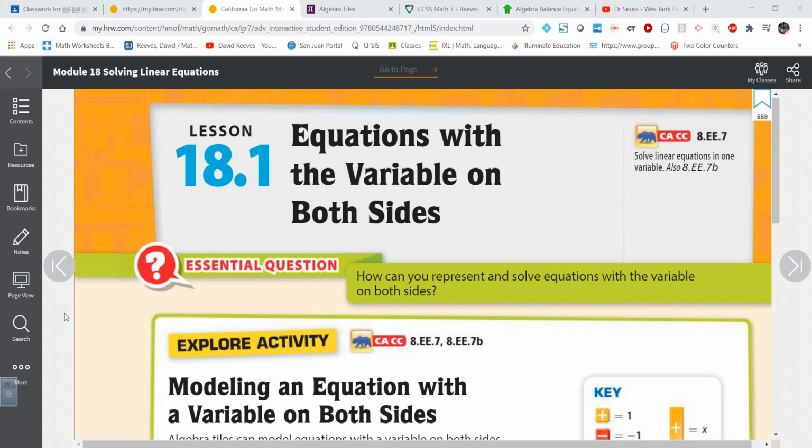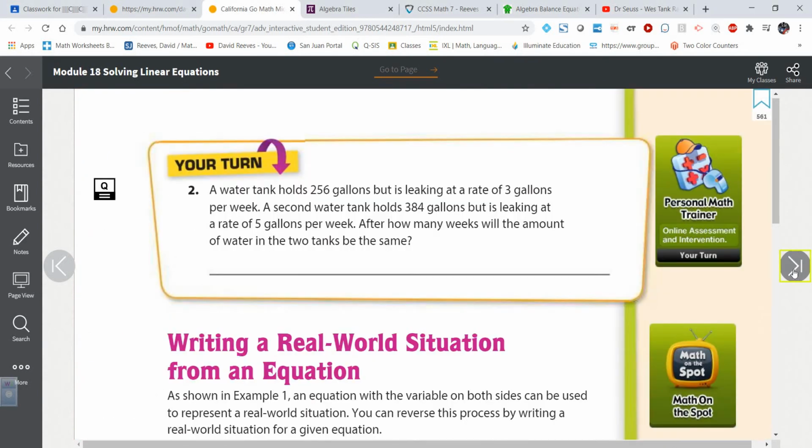Well, hey everybody, Mr. Reeves back with you in our second of two videos on lesson 18.1 in the HMH Accelerated Math 7 textbook, solving equations with variables on both sides. So in the first video, I introduced you to the idea of what an equation with a variable on both sides was and my recommended method for solving it. We looked at a balance. We also looked at algebra tiles, and we're just going to continue in this second video working through some more